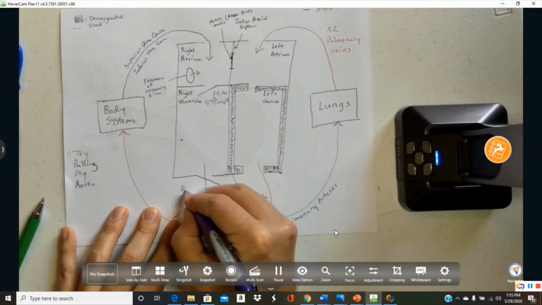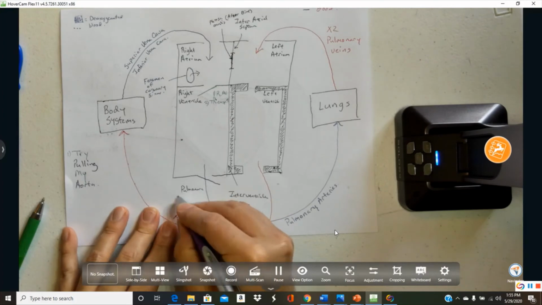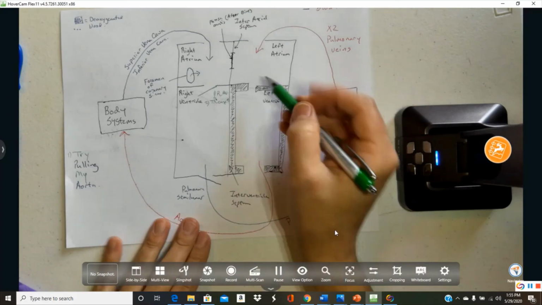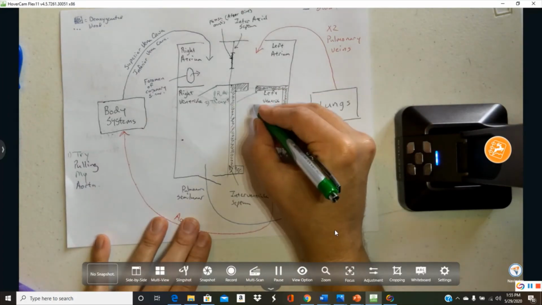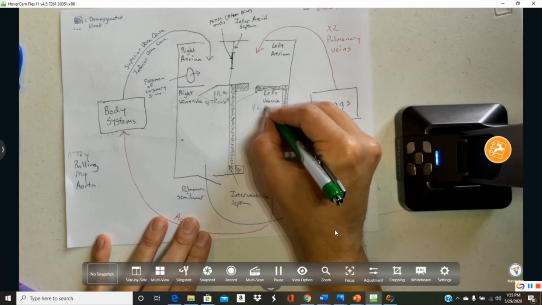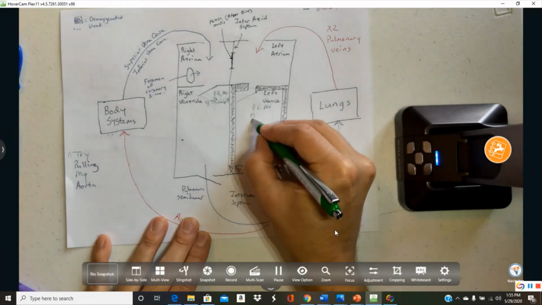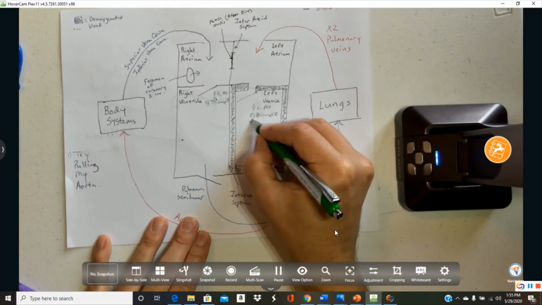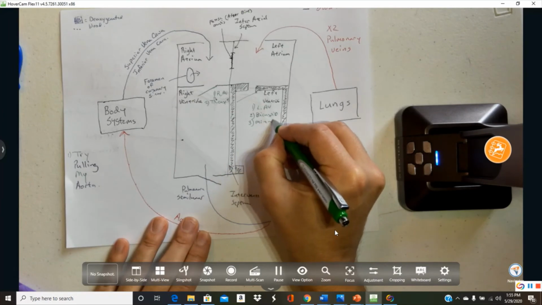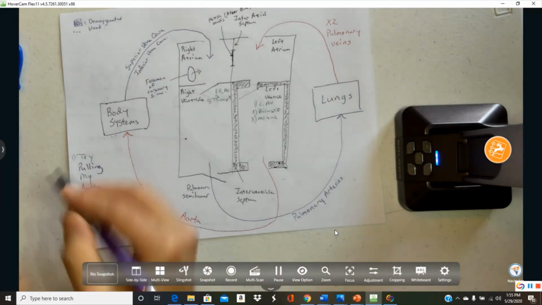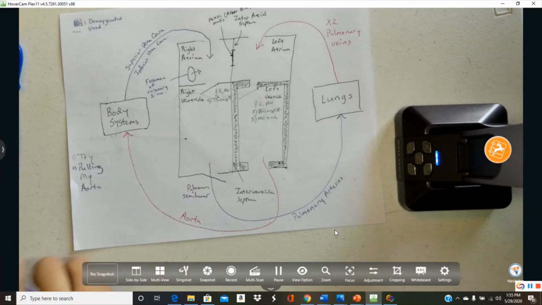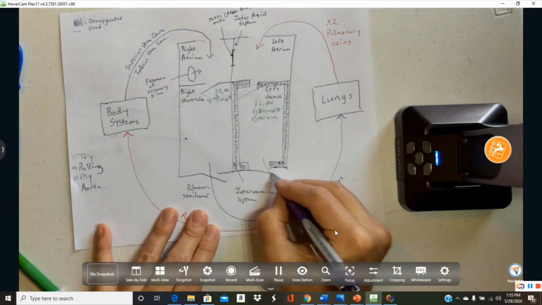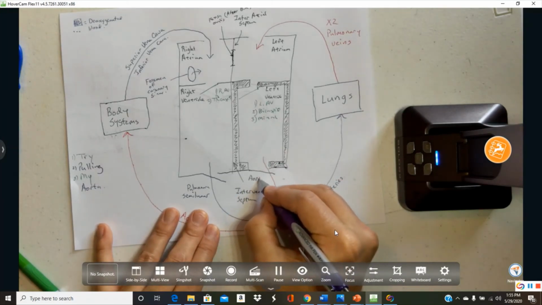There is a pulmonary semilunar valve. Try pulling my. There is a left atrioventricular valve. We also call this the bicuspid valve, but we also call it the mitral valve. So try pulling my aorta. There is an aortic